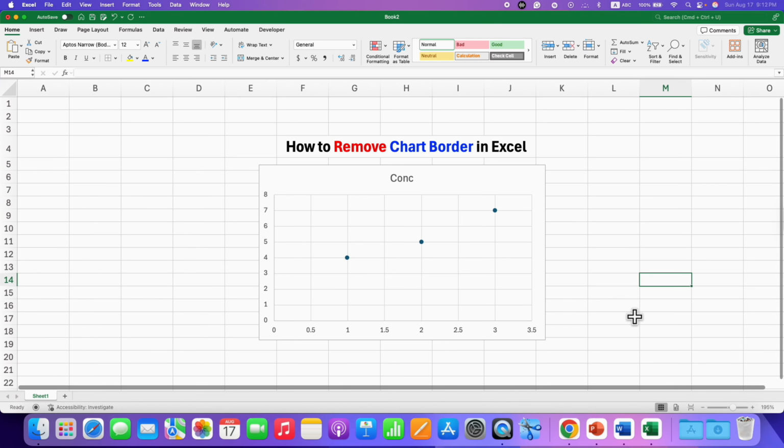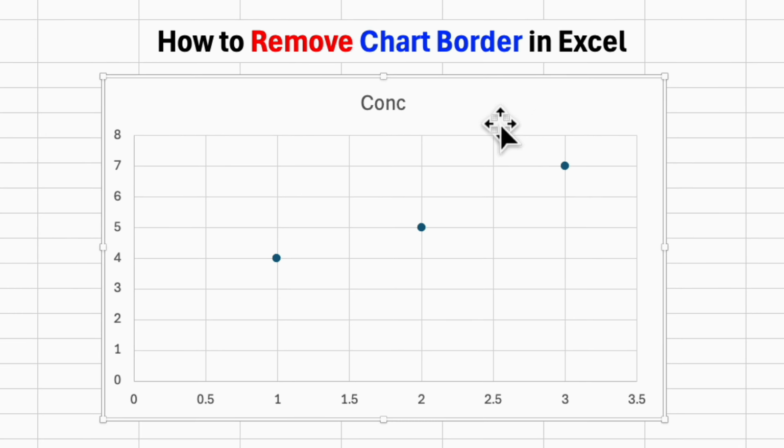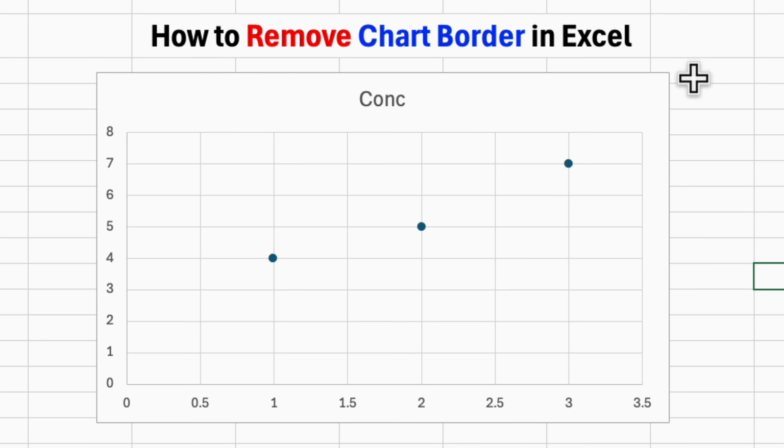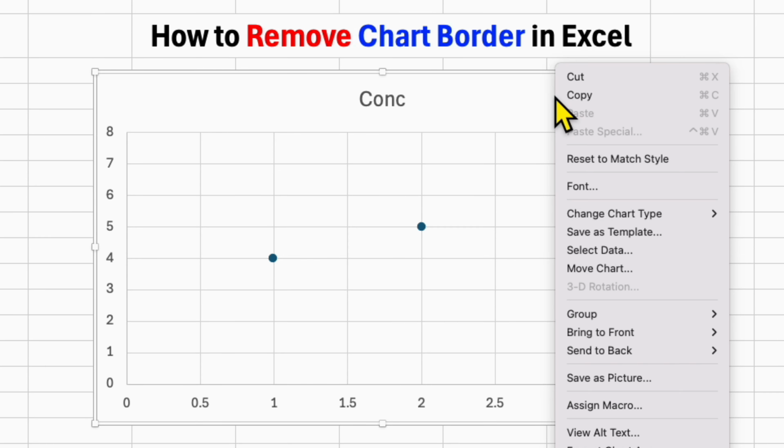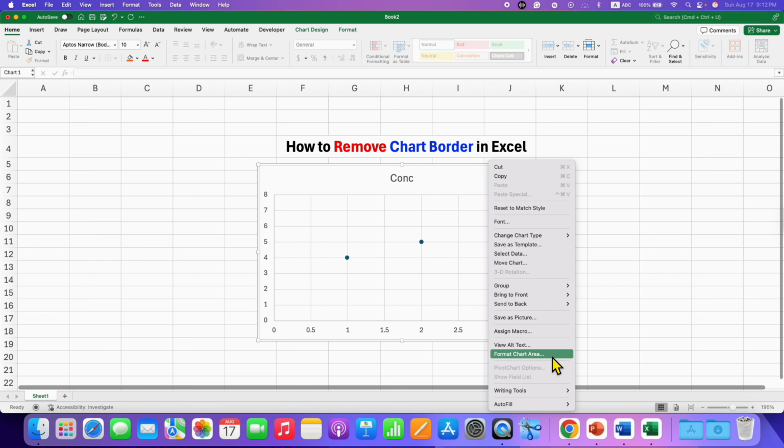In this video, you will see how to remove chart border in Excel. As you can see, I have this gray border around the chart, and to remove this gray border, we need to click on the chart to select the chart, then right click, and here you will see the option of